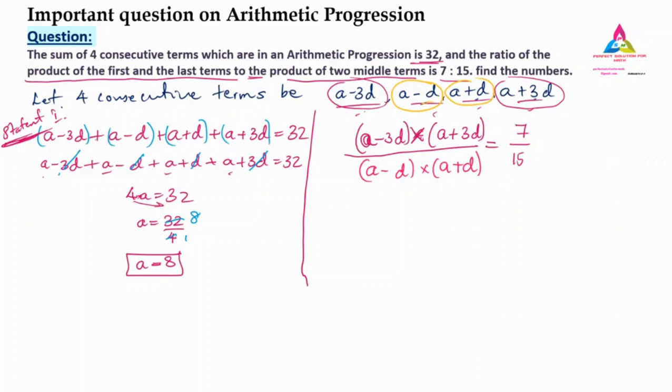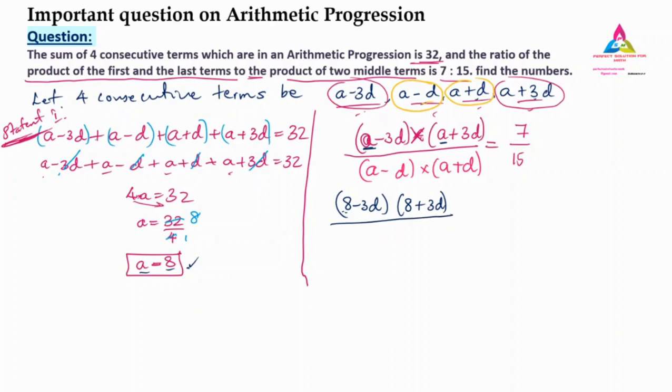So the next calculation part I will write in a different ink now. The calculation part is easy. You know the A value is nothing but 8. That we can substitute in place of A and we can find the answer. So I will substitute the A value now. A minus 3d is nothing but 8 minus 3d. I can write it down. So here what I have done, I have substituted that A value in this. This A value we know is 8. 8 minus 3d into, see here also again we have A value, that is 8 plus 3d.